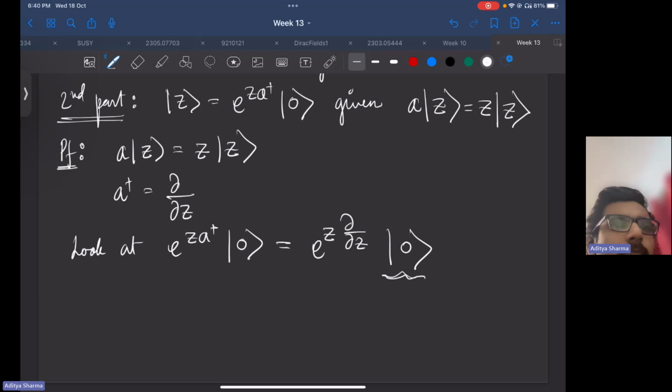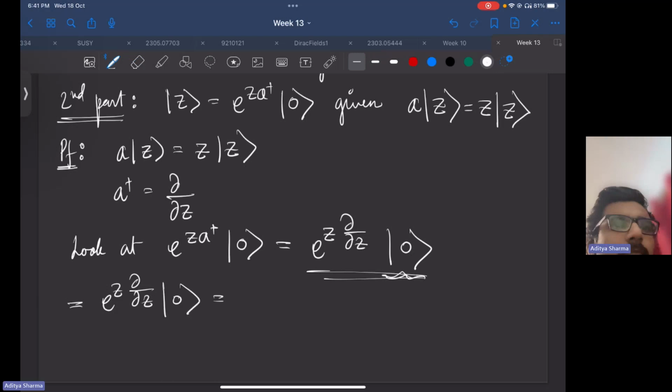That is, I'll try to associate some wave function with it. So I'll have some x0, and this will give me psi 0 of x. So this implies that e to the power Z del del z